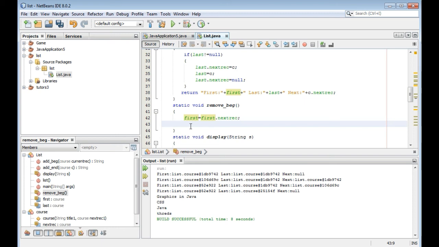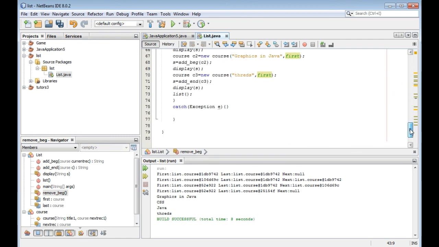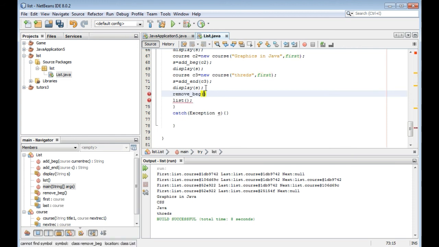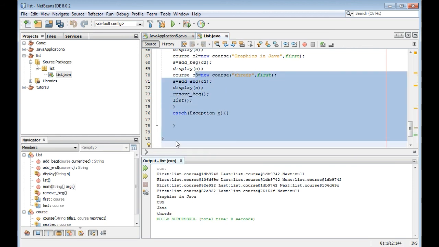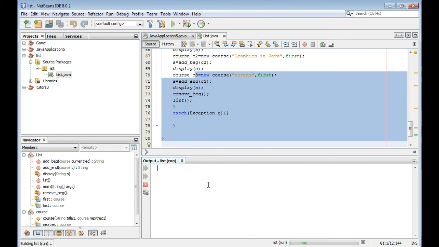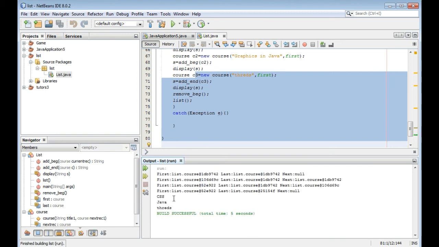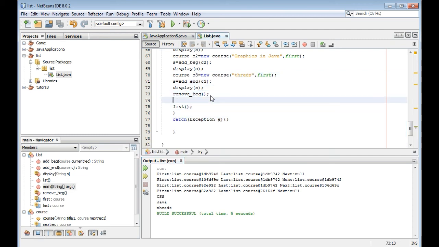Right? Now we remove from the beginning. How to remove from the beginning? We call remove beginning, and let's see the output.